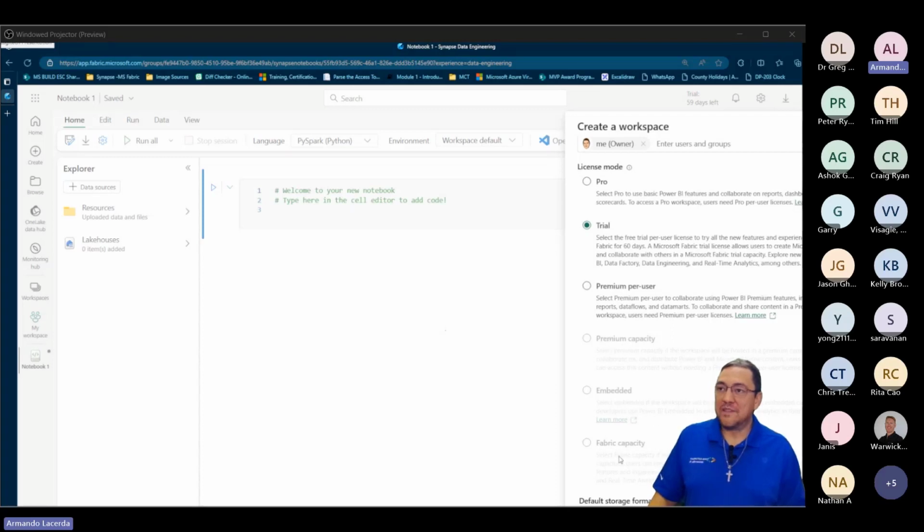And the other ones that I have in here, they are disabled. Why are they disabled? Because I need a capacity associated with this available online. And that's how Microsoft makes money, based on the capacity. So what is a Fabric capacity? A Fabric capacity is a collection of vCores. They have a particular measure I'm going to show you there.